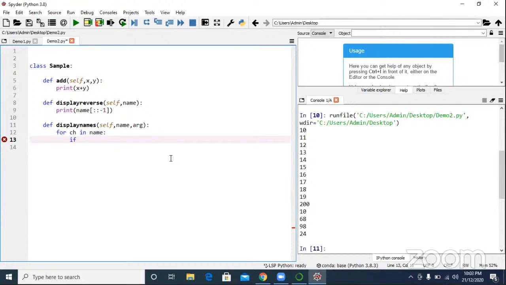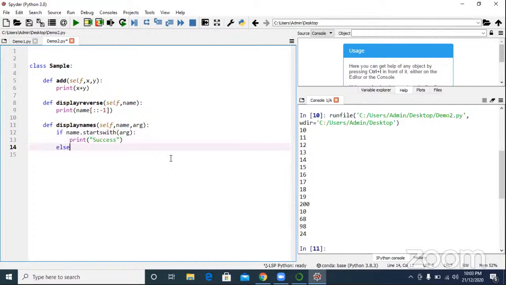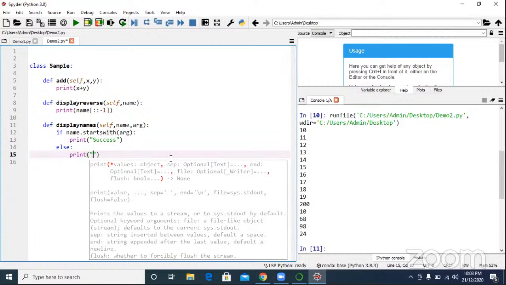If name dot starts with arg, print success, or print failure. Can anyone explain what this method will do? You have to explain with an example also.